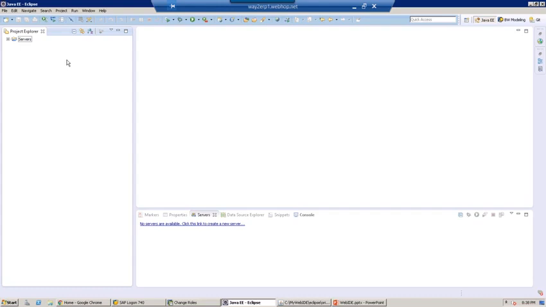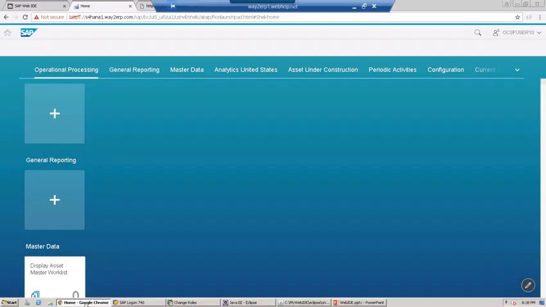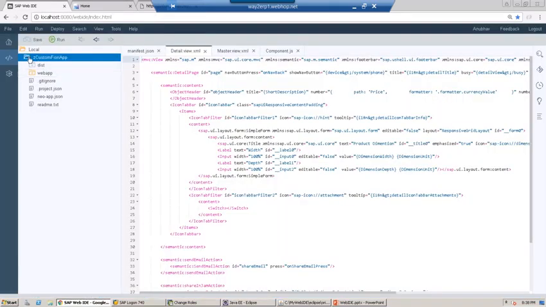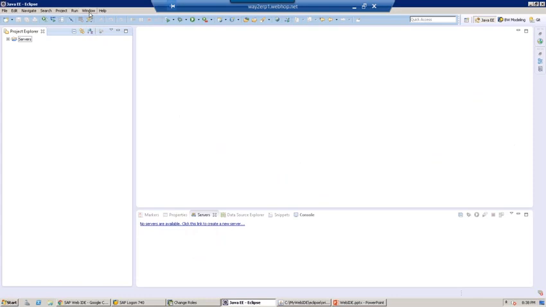So how do we now use a project which you create from scratch in WebIDE, in Eclipse? Let's create a project in WebIDE, and then we will see using that in Eclipse. Before that, you need to also see what is the maximum version of the UI5 library this Eclipse supports. So come to Help,